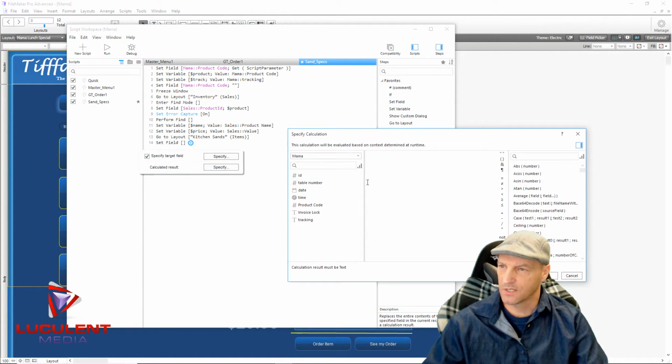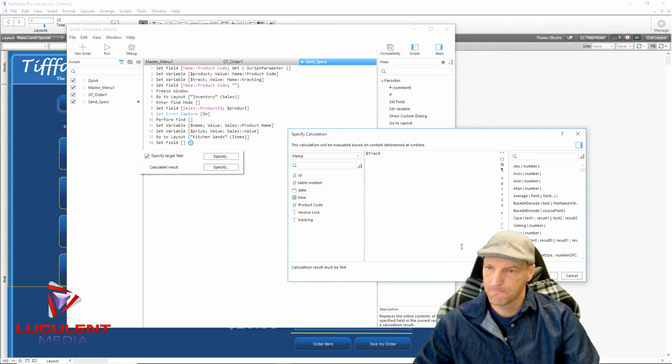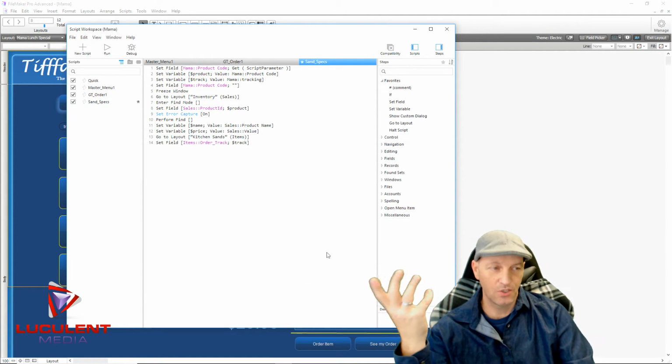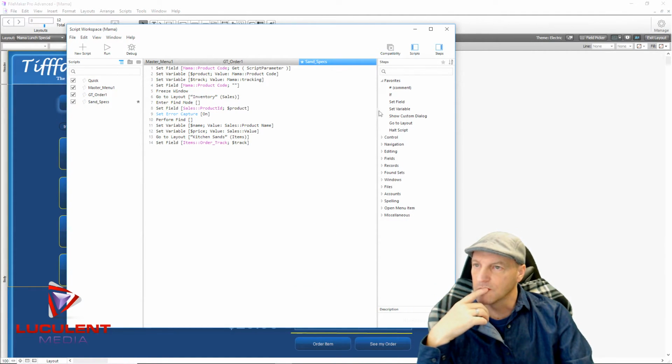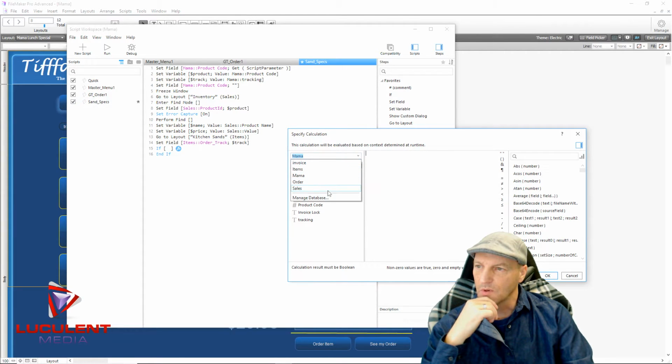And that we're going to set as $sign track. And now we can actually do the if statement. It's kind of a bummer that it does that all the time, but if the order number is not equal to order track,